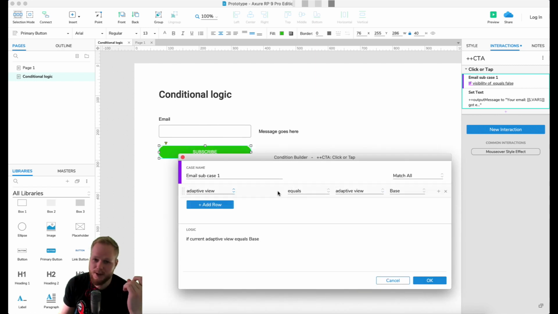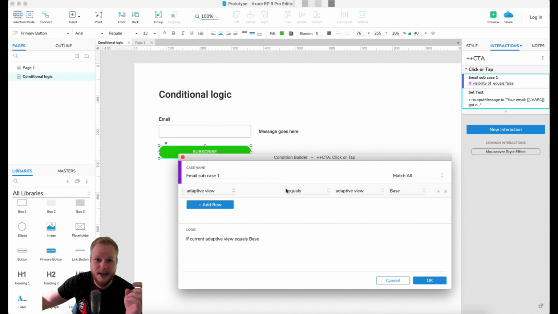And lastly, just to cover the condition builder, is this adaptive view. It's basically where you can select exactly what state your adaptive view is, and it's all about those responsive design bits. If you don't know how to do responsive, rather adaptive prototypes in Axure, go back and look at my video, watch it. It's in a playlist. It's called something like adaptive views or responsive prototypes with adaptive views, I think. It's going to explain what it is, but basically once you set it up and you have multiple adaptive views, multiple breakpoints for mobile,